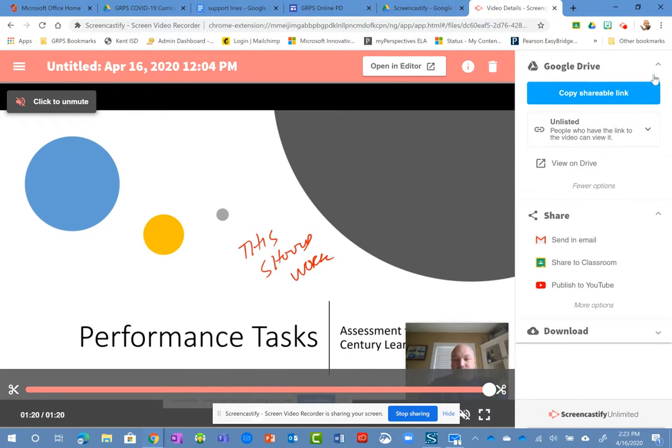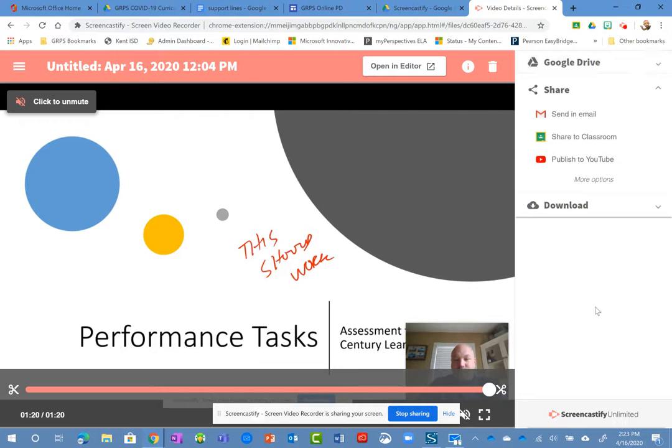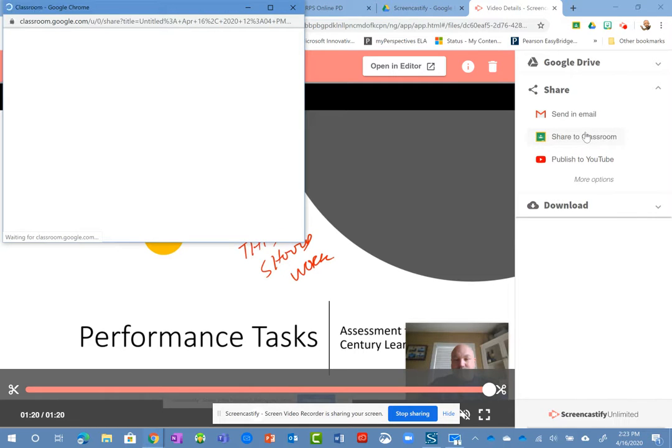Once you're done, there isn't a save or anything like that. You don't have to worry about telling it to save anything. And then even from this tool, you can share it to Classroom if you'd like. It's going to ask you to sign in with your Google Classroom account, if you're not already signed in, which I was, and it's going to have you pick the class and go ahead and